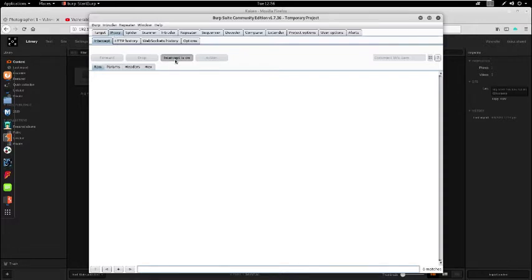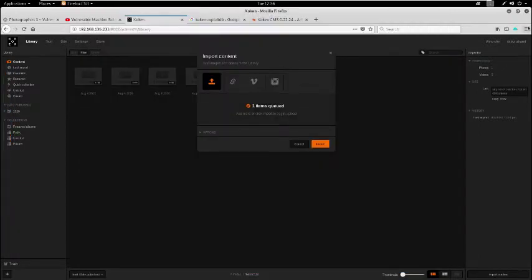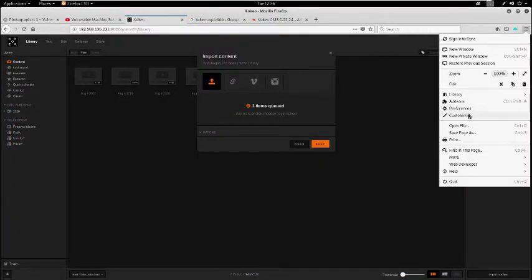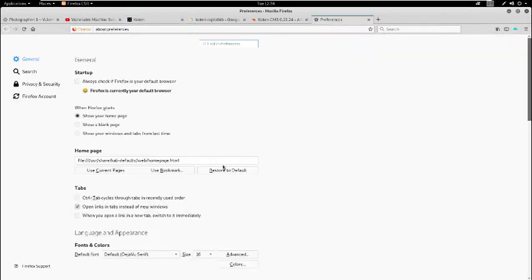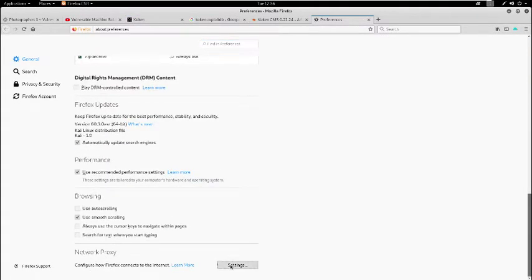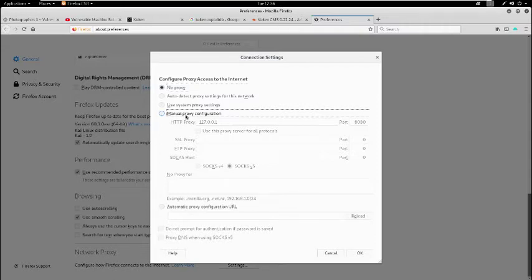Now I have already configured my proxy. You can directly go to the preferences option, go to the network settings, and click on manual proxy configuration. This is your local system IP, the loopback IP, and the port number is 8080.